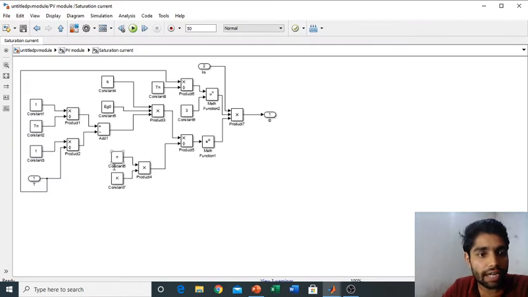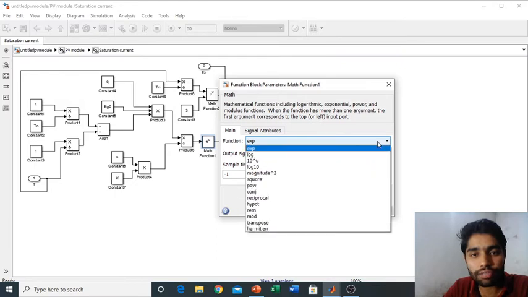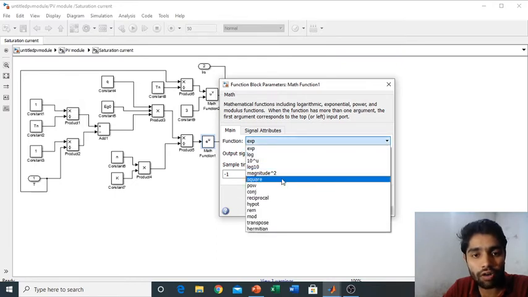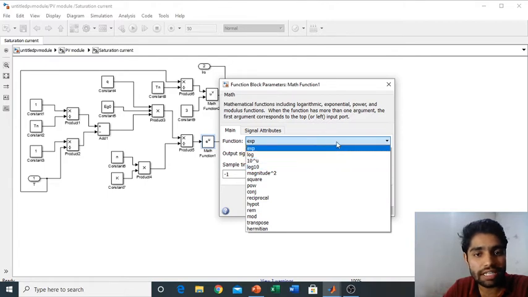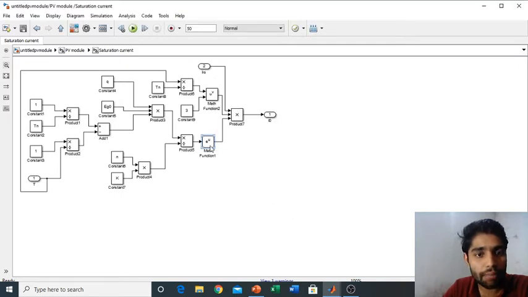And we have to divide by nk. So n and k I take the product of and then divide, and then I pass it through this math function. So this is the exponential function, e raised to power u. You can change the value of the math function. Here you will get the options: power, logarithm, square, reciprocal, whatever kind you need. So basically this is the math function and we are using exponential. So we pass through the exponential function.